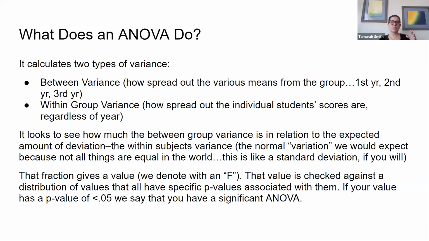Between variance means when we're looking at the average for the first year, second year, and third year GPAs, how spread out are they? And then within first year, how spread out are those averages? And if we look at that spread and we see that the average score for the second year falls within that spread, maybe these things aren't so different after all, right? So that's the kind of logic that's behind it,